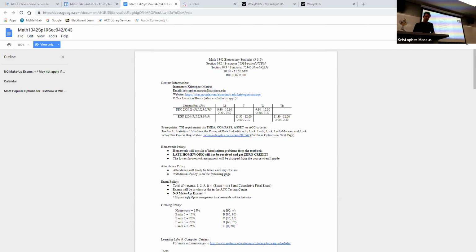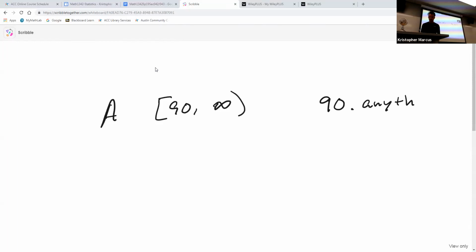The little range of grades that you can see over to the side, talking about A's, B's, C's, and so on, what that's trying to tell you is basically this. An A is anywhere from a 90 up to infinity. Infinity is just a precaution for me in case there's extra credit and everybody gets hundreds or something like that. What this means is basically this. To be guaranteed an A, you need at least a 90 point anything. As long as you have a 90 point anything, you're guaranteed an A in the class or better.